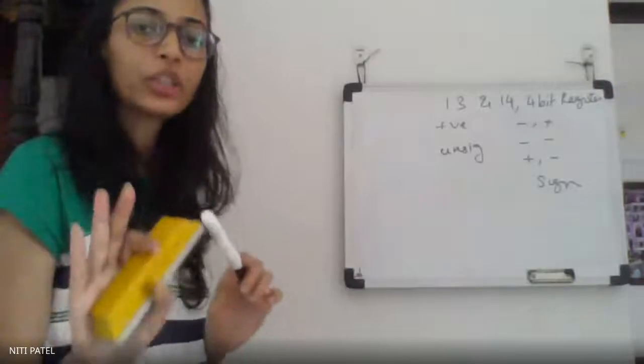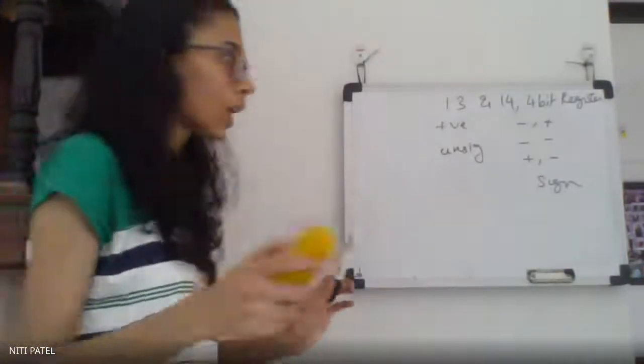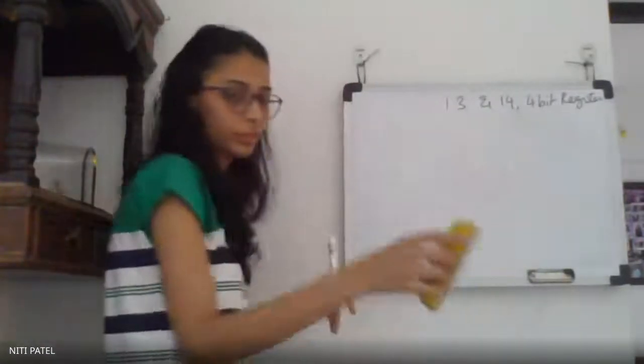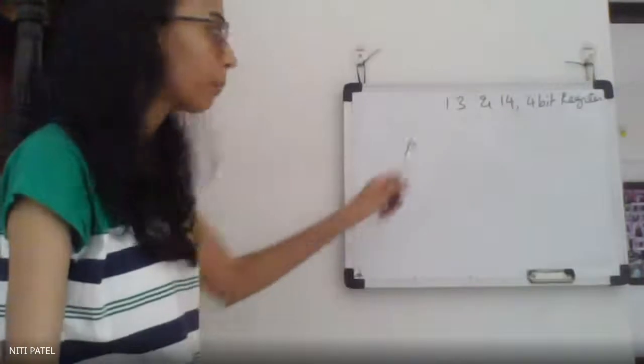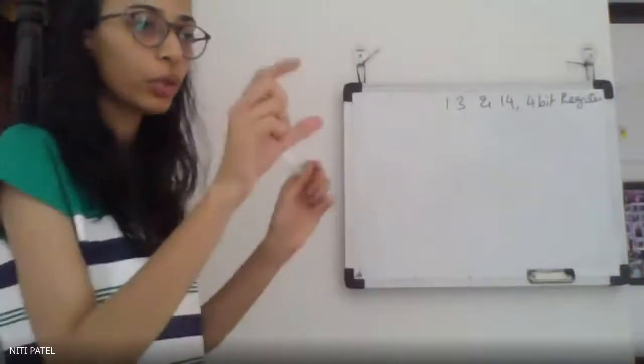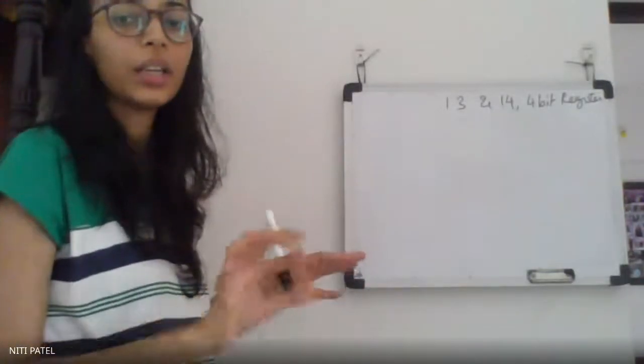Ma'am, if it will be negative, we don't have to convert it into 2's complement? I will show you that when we do the binary signed multiplication algorithm. Right now we are not doing that, so let us not go into it. But in positive numbers or in unsigned, we do not have to convert it back into 2's or 1's. Whatever you get in the accumulator and whatever you get in Q will be considered as the final result.